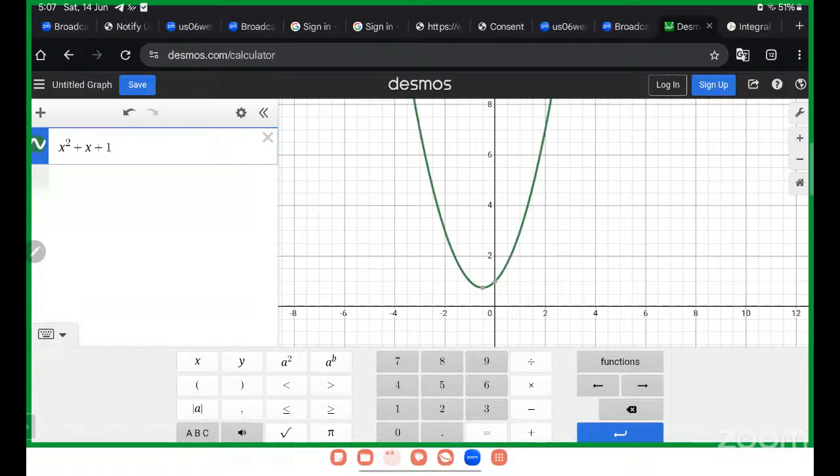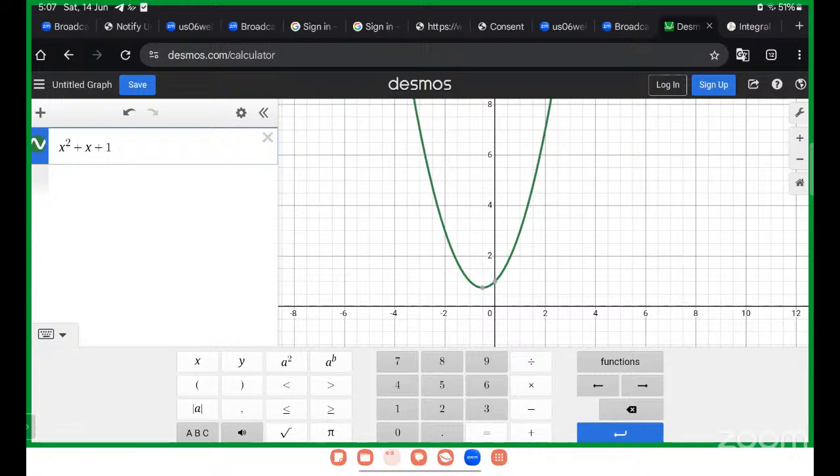If you find the discriminant of this function, the discriminant is negative, so the roots are imaginary. With the help of the graph, we can explain that the roots are imaginary because the graph does not cut the x-axis. It moves above the x-axis.